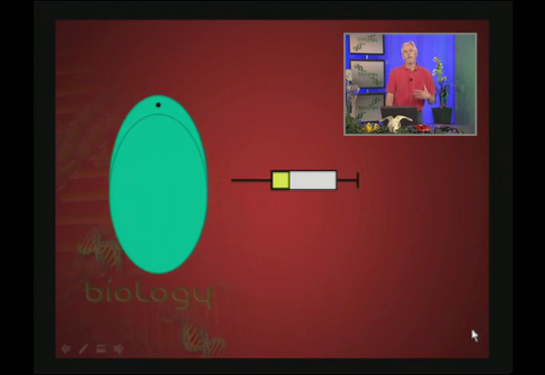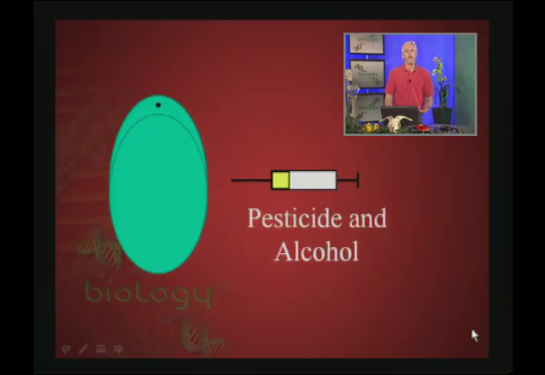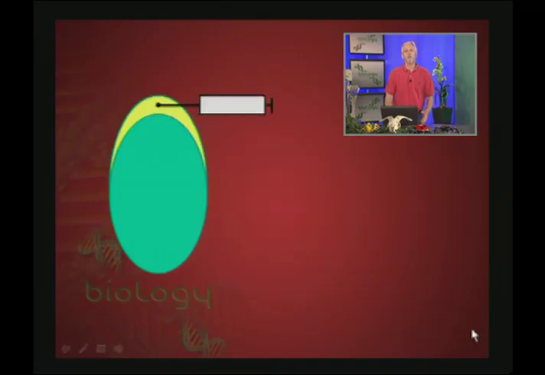Now, let's add a little complication here. Let's say that the pesticide also does not dissolve very well in water. And so you have to dilute that in some weak alcohol solution. So you're going to be injecting then a combination of pesticide and alcohol. So you inject those into the air cell of the egg, you patch the hole, and that can be done with wax or even Elmer's glue, but you'd hopefully be using some sterile technique here.